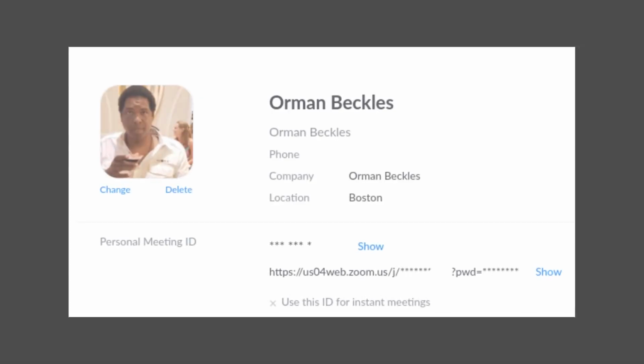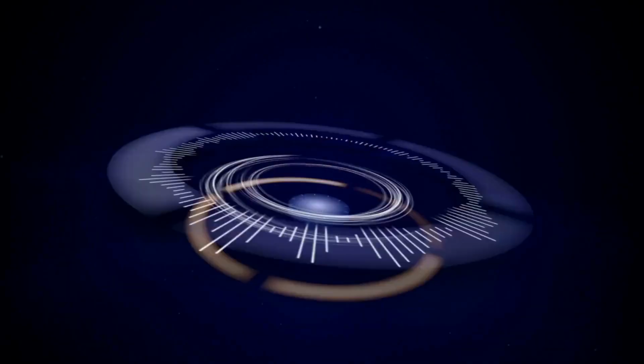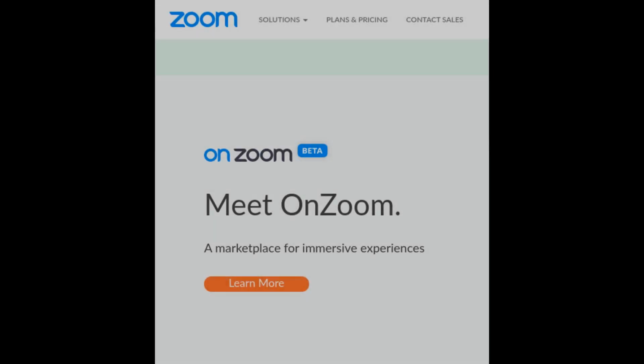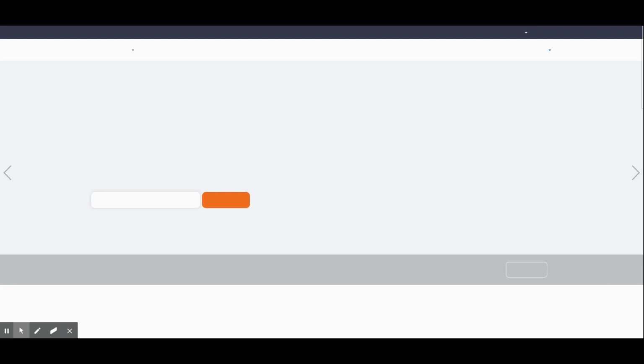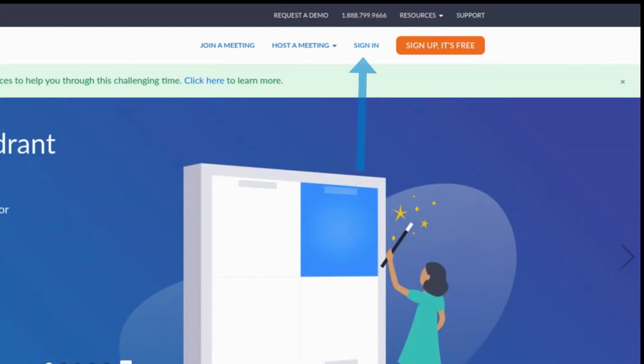To change it, we need to make our goal to change the photo associated with our profile. We can change that in one of 2 places. The first is to change it on the Zoom website. Go to www.zoom.com. In the upper right-hand corner of the screen, look for the word sign in, give it a click, enter